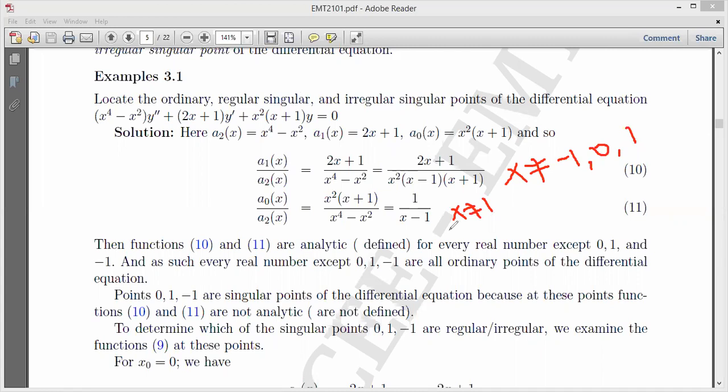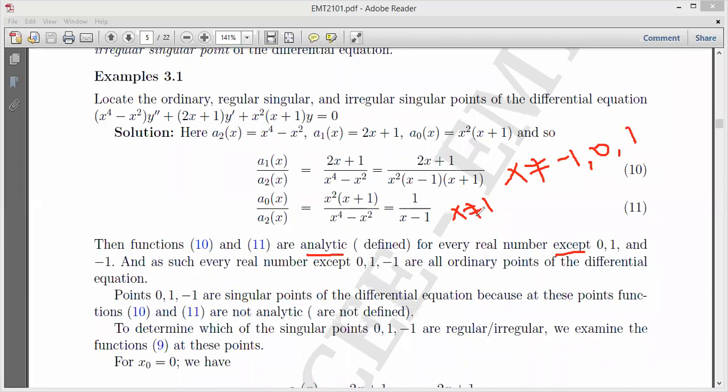So in this case, x cannot be 1 because x being 1 would imply that this whole denominator vanishes, hence making this whole function non-analytic. And those are the conclusions we are drawing here. That for 10, we are saying the function will be analytic, is that okay? Except